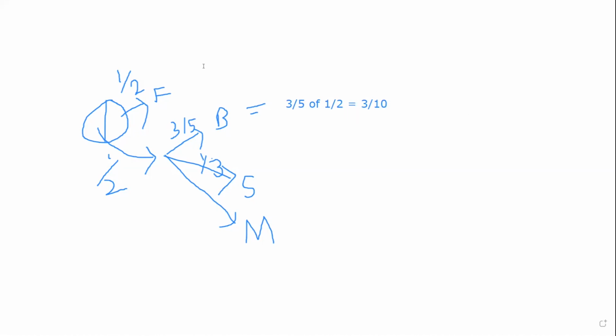For your sister, you have given 1/3 of the half cake, not the total cake. So to find the portion of the total cake you have given to your sister, you multiply this branch with this branch, right? That is 1/3 of 1/2, which is 1/6. Only the remaining portion is with you. So you find the remainder by adding 1/6 and 3/10 and then subtracting that from half.